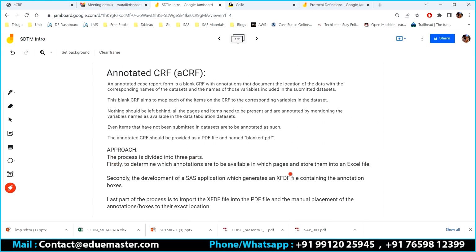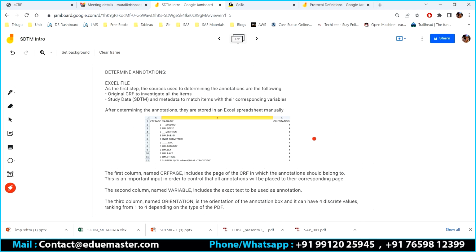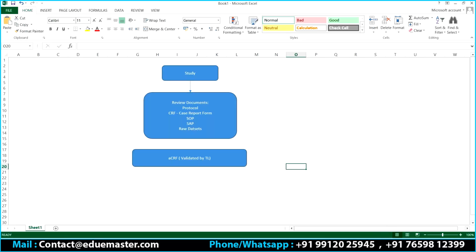Is that understandable? Why we are not going deep is that, being a SAS programmer, we will not do that. This can be done by your biostatistician along with your TL. We don't do that. Got it? That's the reason we are not interested in going into this in detail, because the role of a SAS developer has not come yet. These are not the roles of your SAS developer. We are not into that yet.